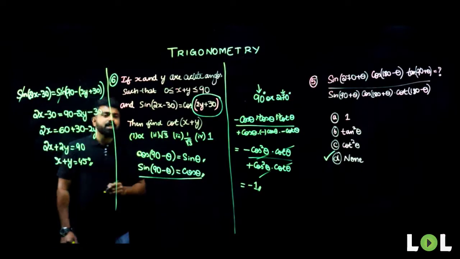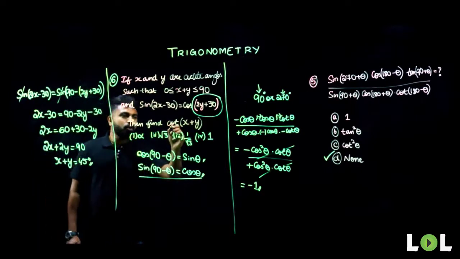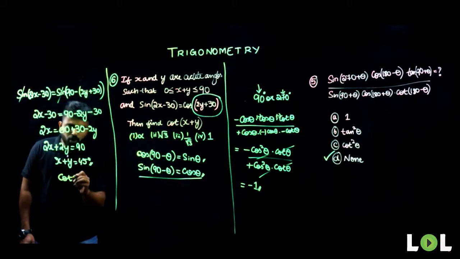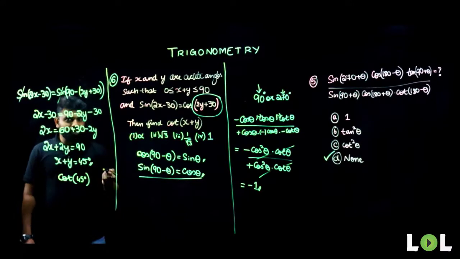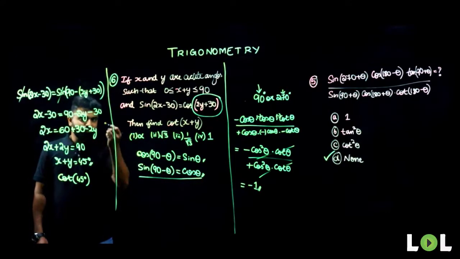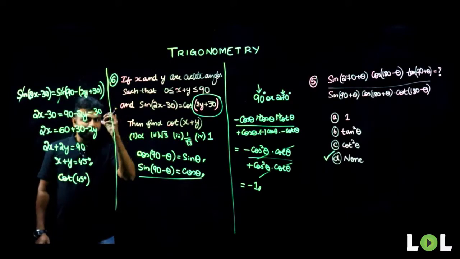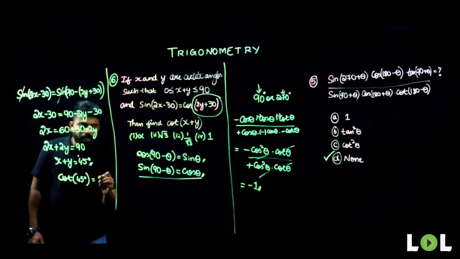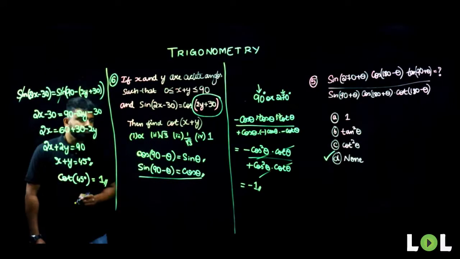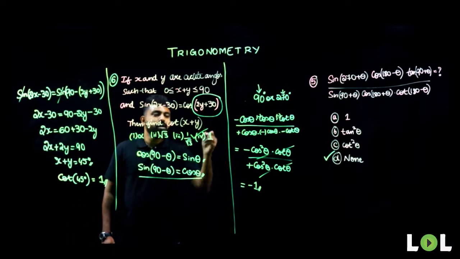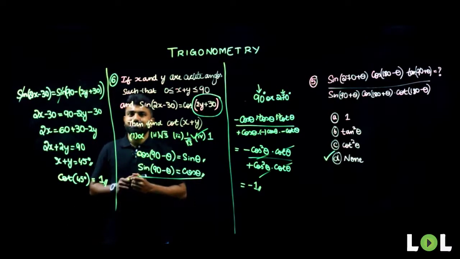Now what are they asking in the question? They are asking us to find the value of cot of x plus y. So now I need to find cot of 45 degrees. So what is cot 45? We all know that sin 45 is 1 by root 2 and cos 45 is 1 by root 2 once again. The value of cot 45 is nothing but cos 45 by sin 45, meaning the value will be 1. So do we have that in our options? Yes. Option 4, 1 will be my final answer.